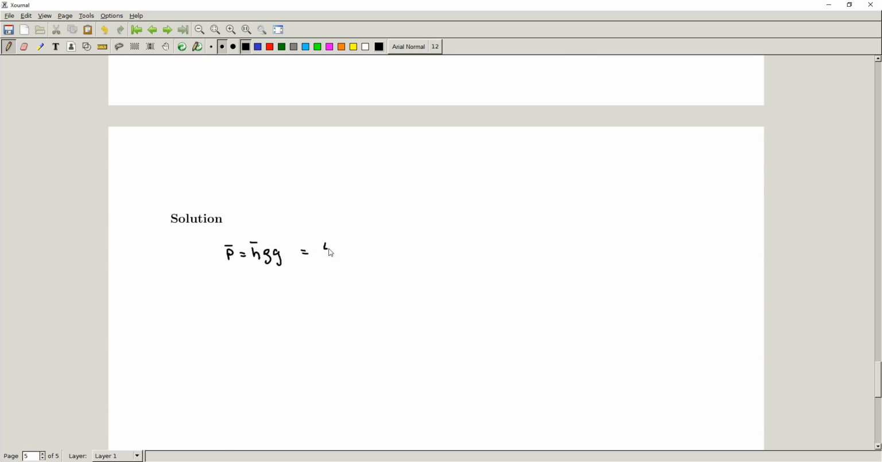And so we can do the calculation right here. We're going to end up with 40 meters. We need the density of water. We know that that's 1,000 kilograms per meter cubed. Okay, and we have our gravitational acceleration, 9.8 meters per second squared, right? So if we do this calculation, we're going to end up finding that we have a p bar equal to 3.92 times 10 to the